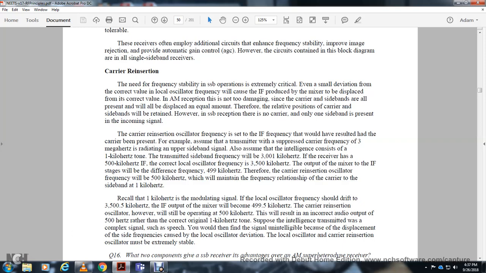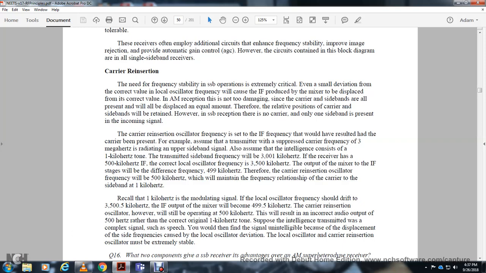Therefore, the carrier reinsertion oscillator frequency would be 500 kilohertz, maintaining the frequency relationship of the carrier to sideband of 1 kilohertz. Recall that if the local oscillator frequency should drift to 3500.5 kilohertz, the intermediate frequency output from the mixer would be 500.5 kilohertz, and the carrier reinsertion oscillator